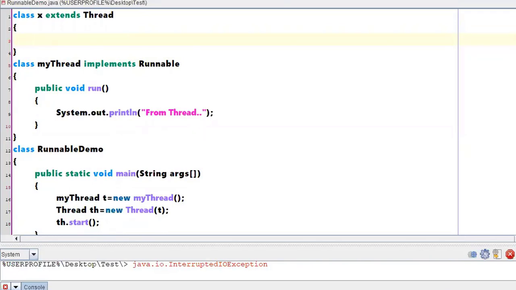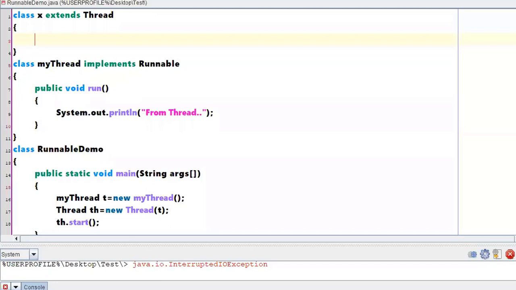Once class X extends the Thread class, what are the methods which will be available for class X? From this particular X class, you can override a start method, you can override a run method also.